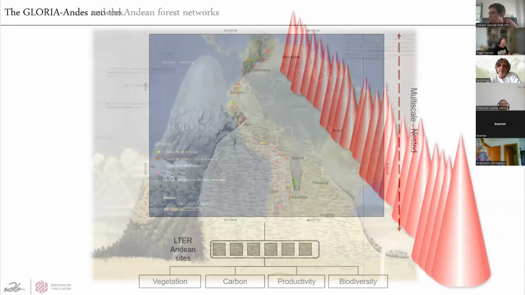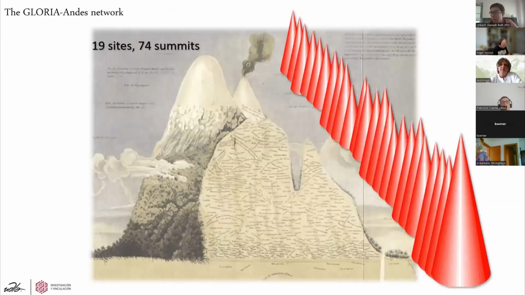So this is how the Gloria Andes looks like. So we have 19 sites, almost 20 actually, 74 summits clustered within those sites, 1,184 permanent plots of 1 square meter distributed around these 74 summits. We have also